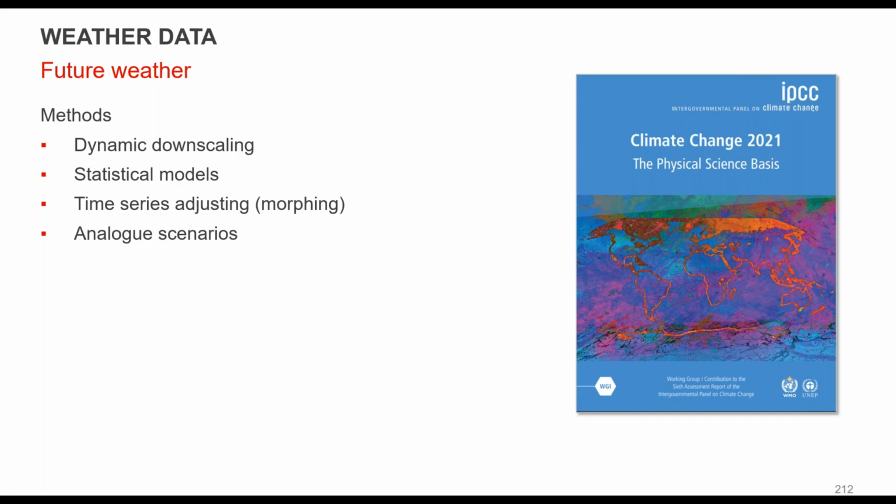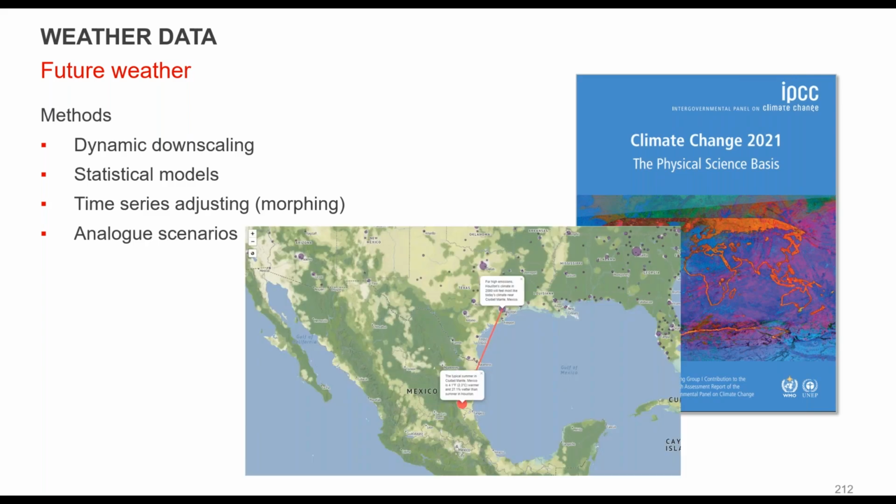One of the ones that give you an easy way to look at it is an analog. What is my future climate going to look like, and which city now has that? So I could actually go and look at some of that. So this might be a condition where Houston is going to look like Ciudad Monte, Mexico. So it's 4 degrees warmer and 27% wetter than summer in Houston, which Houston's already pretty hot, humid there. So that is an idea of an analog, and you'll see maps like this for a number of different cases.